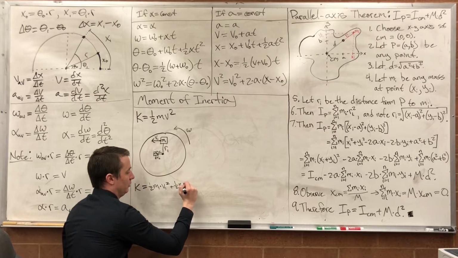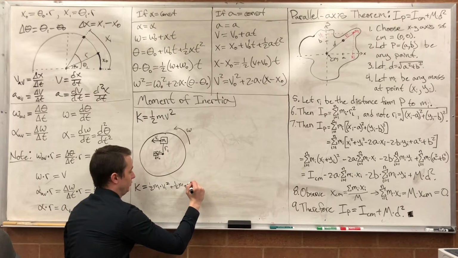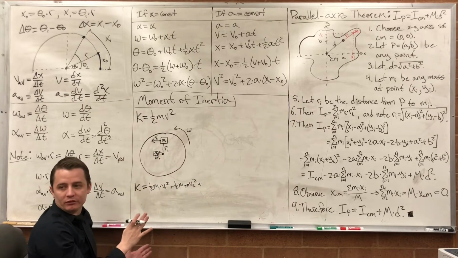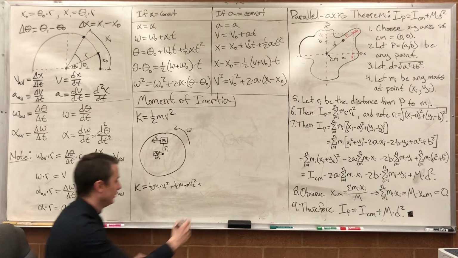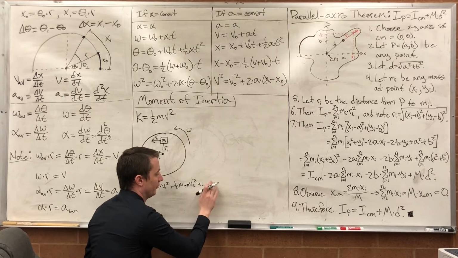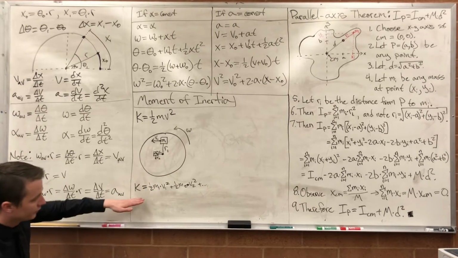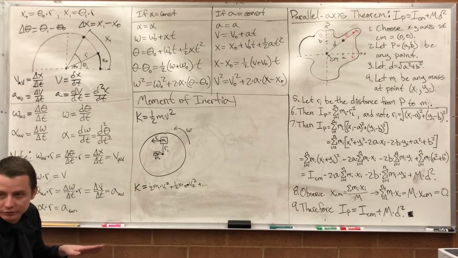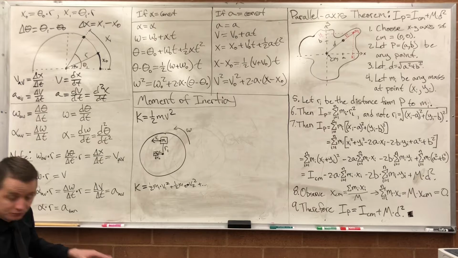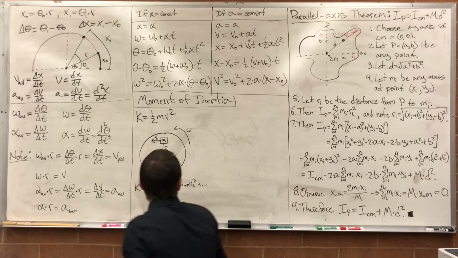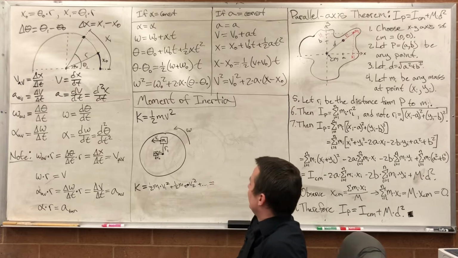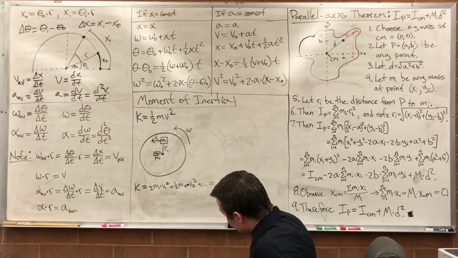So 1/2 m2 times v2 squared, plus, and we do that for all the pieces of mass. I just arbitrarily chose 2 out there. But for all the 100 or 1,000 pieces or however many pieces we have, we add up all their individual kinetic energies, and that's going to give us the kinetic energy of the whole system, right? Okay. So now, the next thing I'm going to do, this whole sum is equal to,